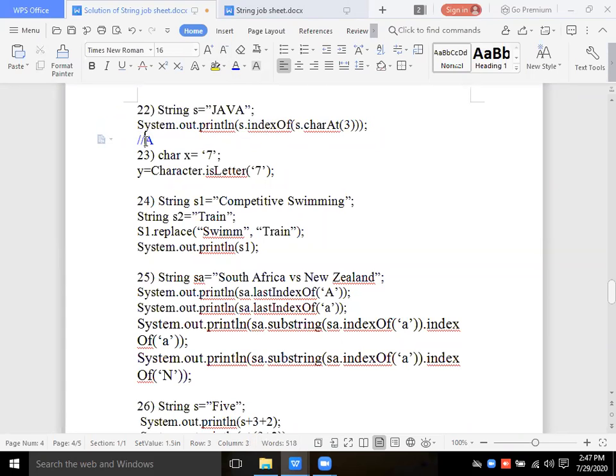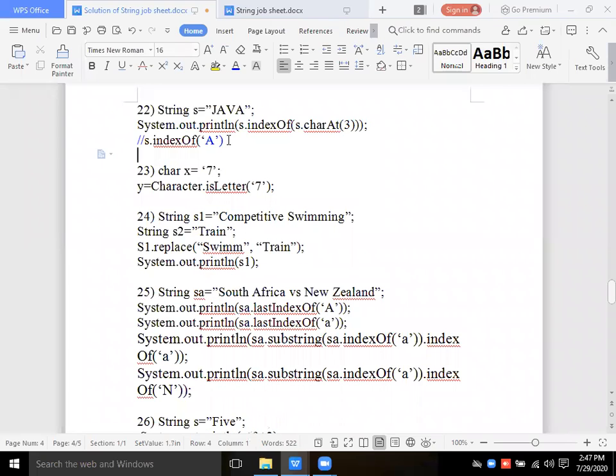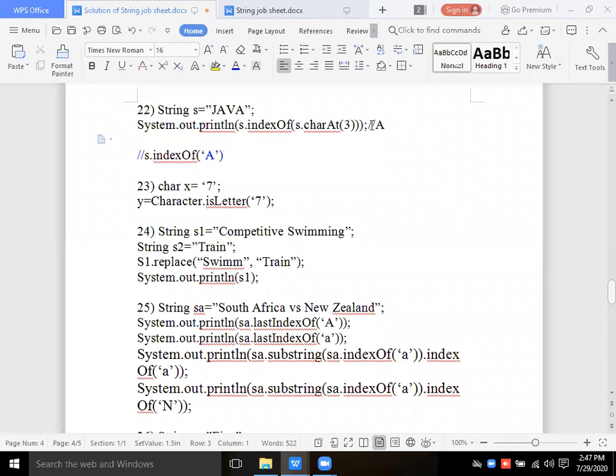Then indexOf capital A. ठीक, the same type of question we have done earlier also. So S dot indexOf, now in this S string we are going to check the index of A. So first index of A is what? This is 1. So output for this, first it will give you capital A, and then after that in the next line it will give you,